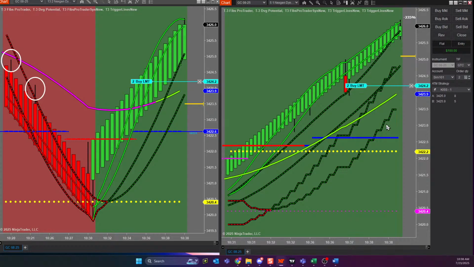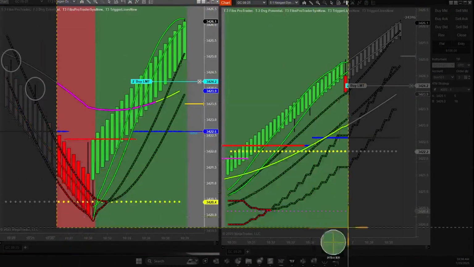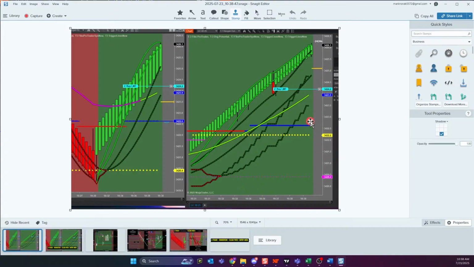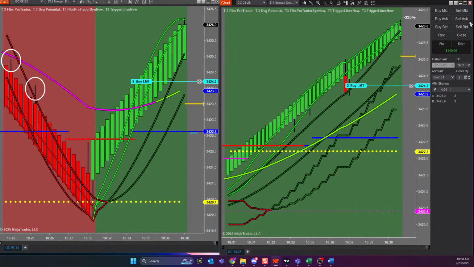If they do, let's take it a step further. If I do get an entry, my initial stop will be 4 ticks below those triggers where the market should not go. They'll either stop me out or they'll continue up with the large chart. I don't even know if they're going to come get me.